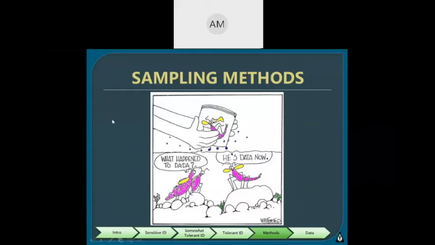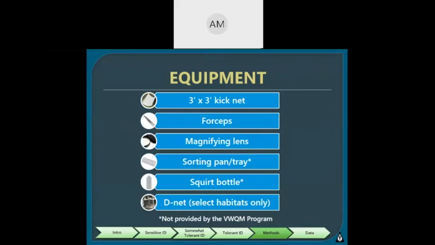But, of course, this whole macroinvertebrate session is all about collecting data. Data, however you decide to say it. It's all very important. And of course, over a long period of time, we can find trends within that stream condition. Okay, so those of you who make it through all of these presentations and are willing to take the short quiz in order to qualify for field sampling,